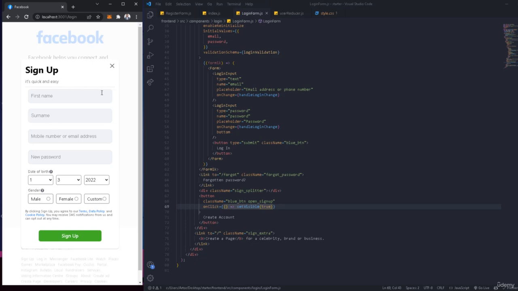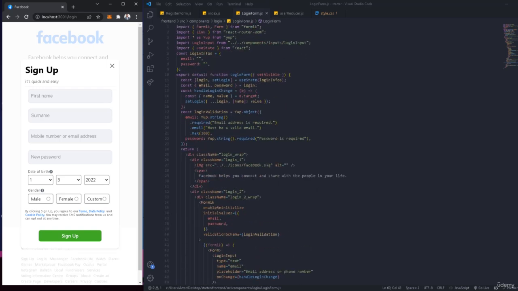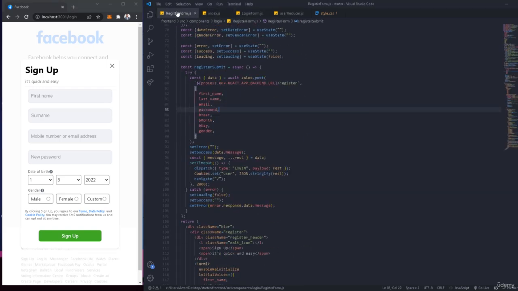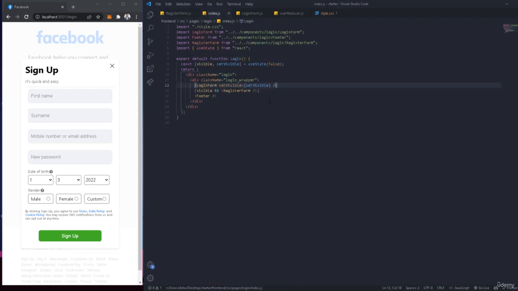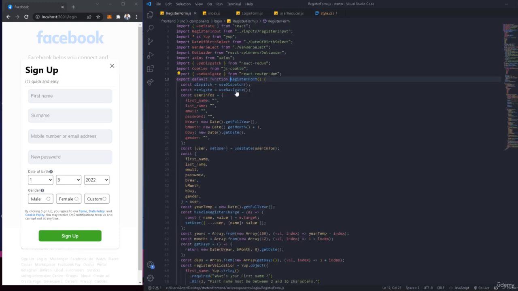Okay, so now when we click on this, we want to hide it. Okay, so we can go right here and we're gonna see where is it. So this is which one? This is in the register. So let's go back to the register on the index, and also we're going to pass this right here. Okay, the same way, so we can play with the value. Okay, let's go back to the register form, get it right here,